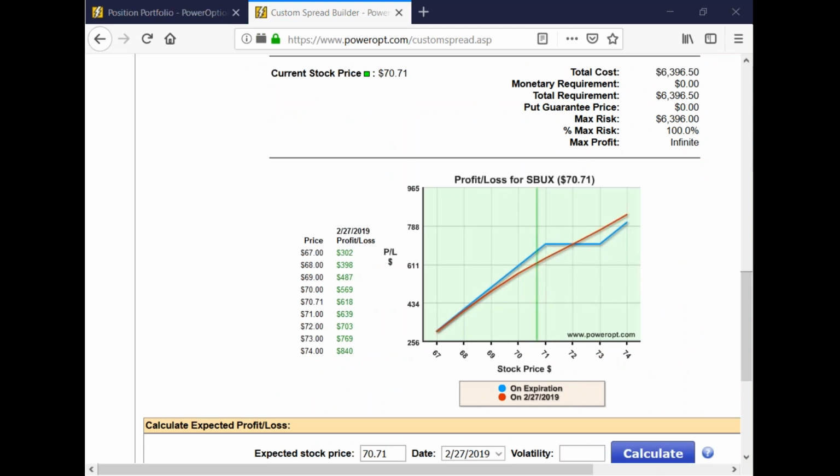But one thing to keep in mind, Jerome, in this scenario, you have a married put here, so it's a little bit different structure. If the stock is trading in here and you're not watching it, at 71.50, 72, 73, you can get assigned on the stock, and the long call would expire worthless, and you would just be left with the long put. So you'd want to pay attention to that even if you are on vacation. If you did income method number 6, that's one of the drawbacks. You still could risk being assigned on the stock if it moves up above this strike. If it moves up above both,